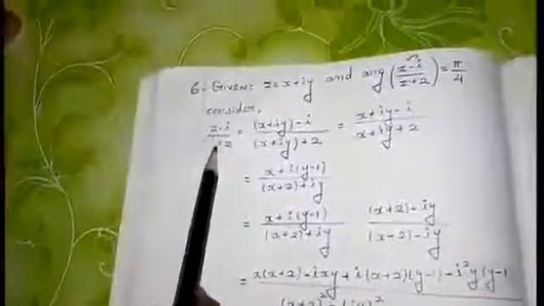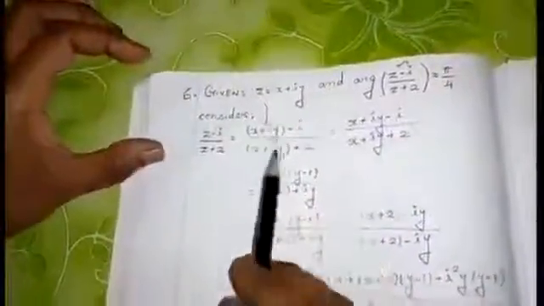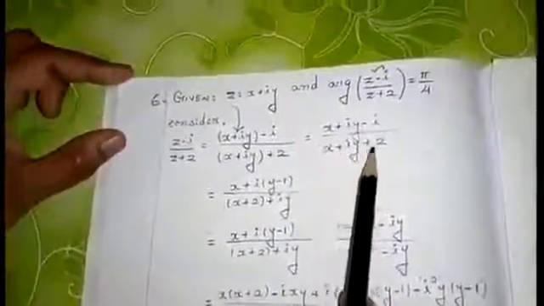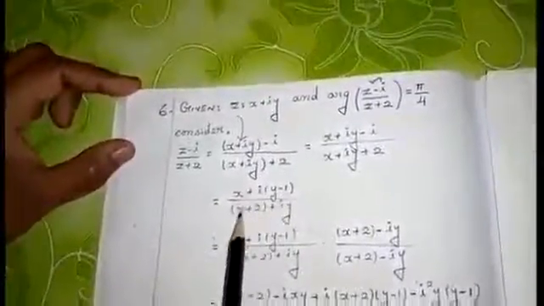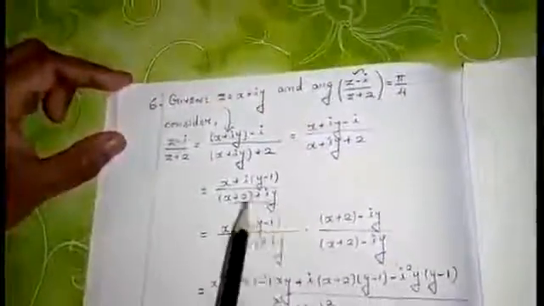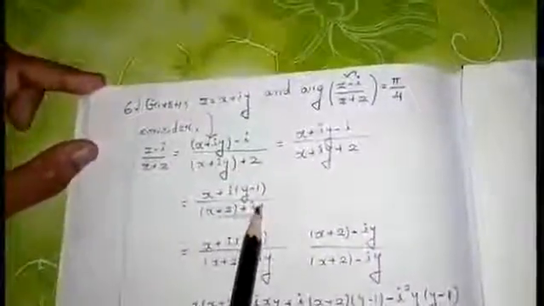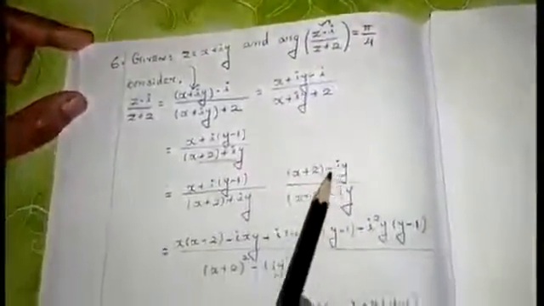So what I am going to do here, students, is take z minus i divided by z plus 2. First, in place of z I am going to replace the value x plus iy. After replacing, I am going to arrange the real part and imaginary part. Just see here, students, I am arranging the real part and imaginary part in this way. After arranging, I am going to take the conjugate. How to take the conjugate? I check my denominator, and in the denominator I change the sign of the imaginary part. So I divide and multiply by x plus 2 minus iy.